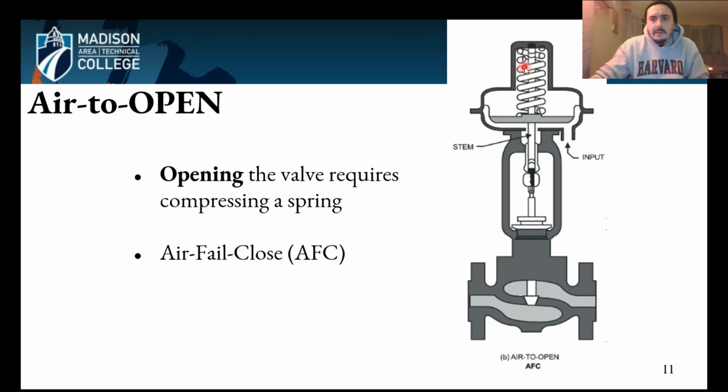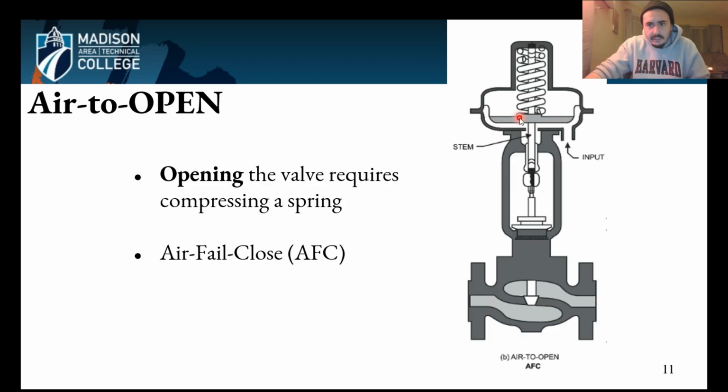So the other one is obviously the opposite. This is called an air to open, and also air fail close. So I need air to open it. In its normal state, you can see right here that the plug is in the orifice. I cannot put fluid through here in its normal state. What I have to do is use a compressed air line or hydraulic line and actually actuate it by pushing